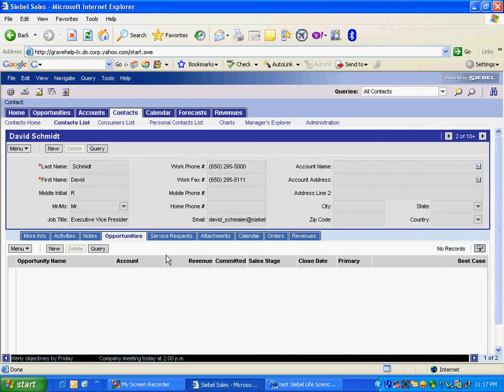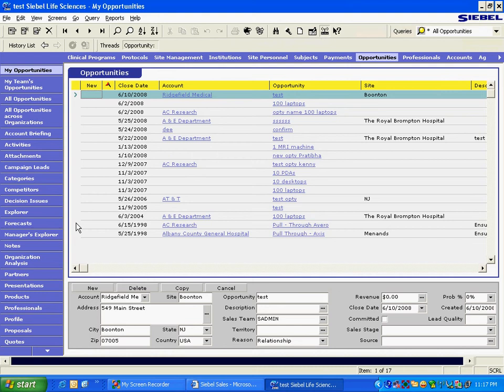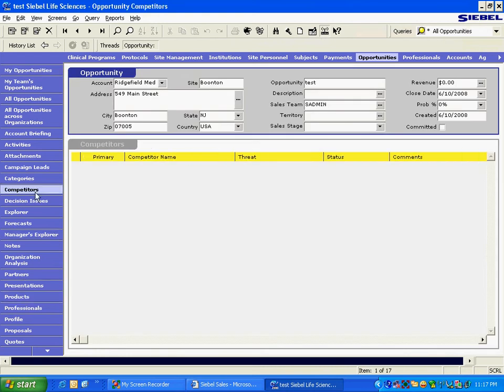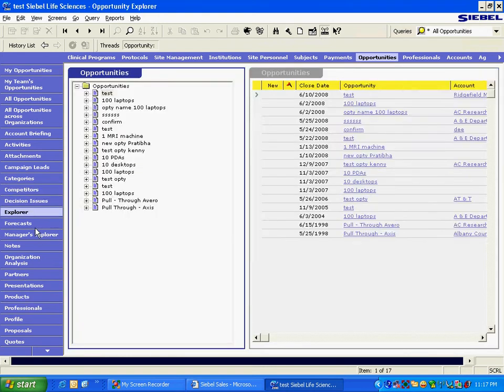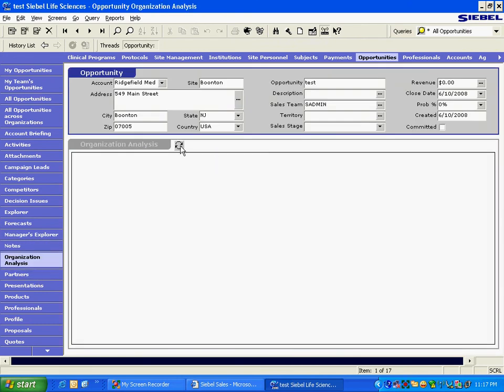What is dynamic toggle, or toggle in general? Basically, toggle functionality is... I'm trying to look for a toggle. Give me one second. Yeah, you see this? This is a toggle button.